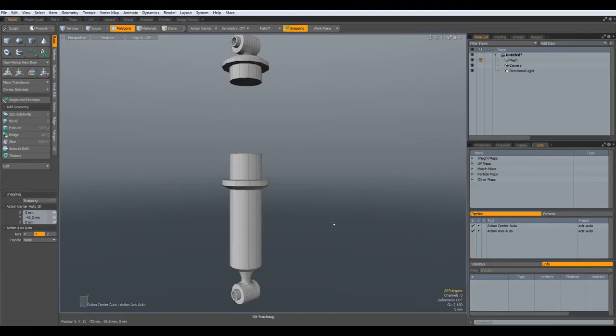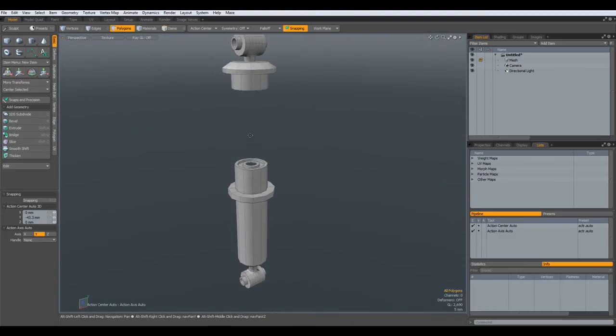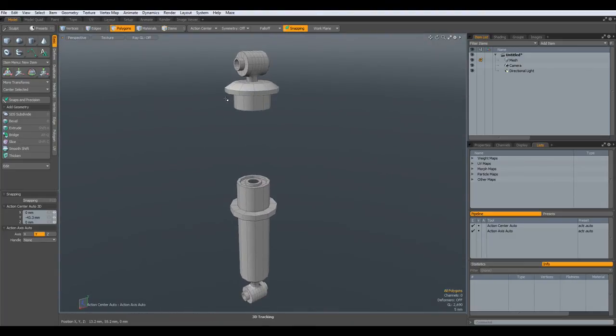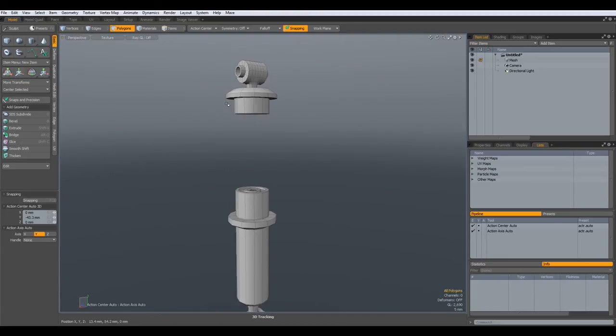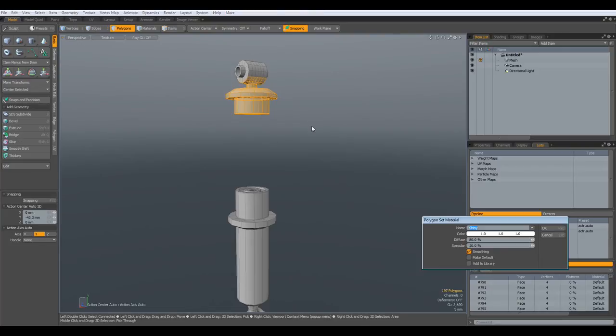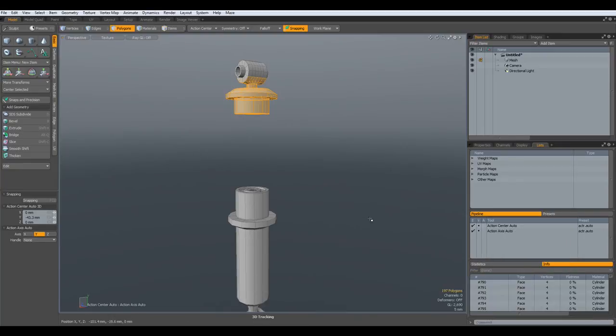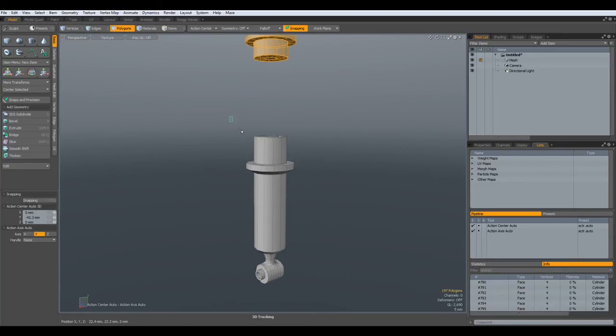Height, shift up arrow key, M, this is the cylinder, and the same here, shift up arrow key, M, cylinder, okay,